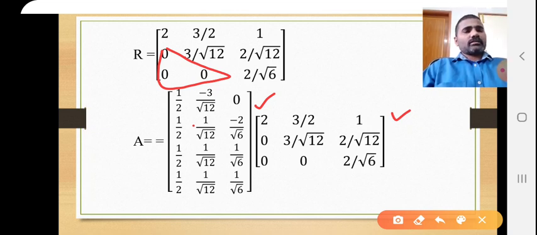Like that, this technique is used to solve some systems of equations, and to evaluate the eigenvalues of some matrices. If A is a square matrix, then Q is also a square matrix. It is an orthogonal matrix. Q transpose Q, and Q into Q transpose will become I. Otherwise, we understand that the columns of Q are orthonormal and form an orthonormal basis for the column space of A.